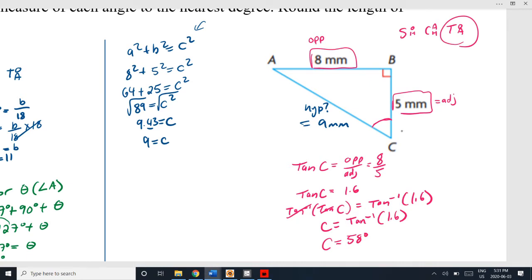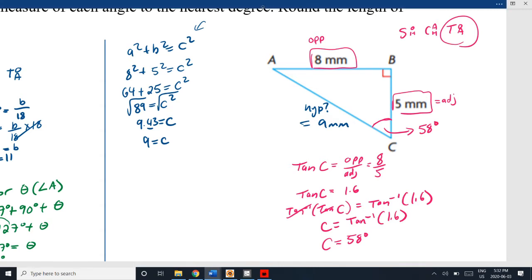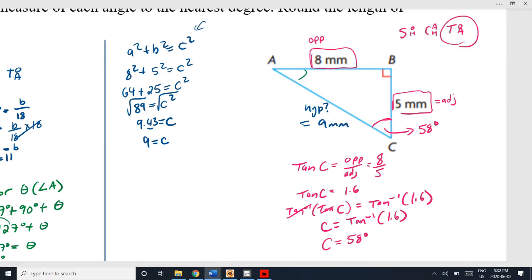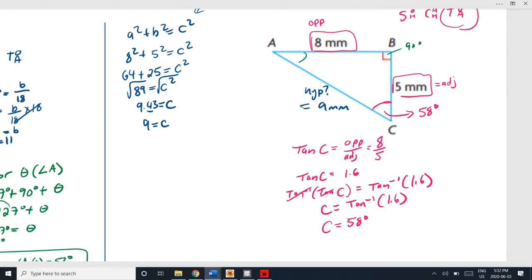Okay, so we know angle C is 58 degrees. The last thing that we're missing is angle A. Let's use a different color to solve for this, green. So we're looking for angle A. Since we know two of the angles, remember this is 90 degrees, we can solve for the third angle using the properties of a triangle. Remember, all angles have to equal 180. So we're solving for angle A, which is going to be